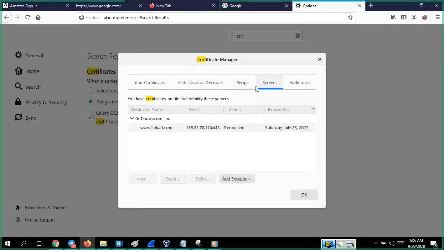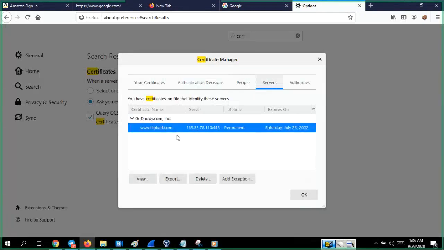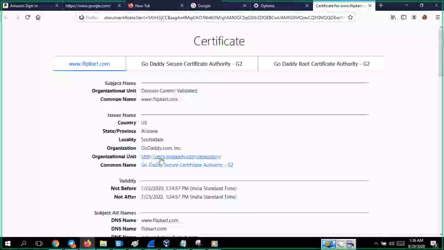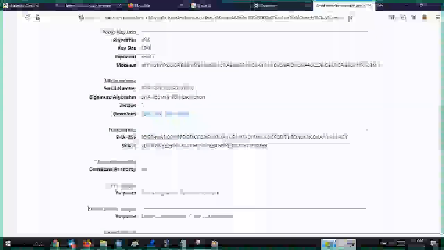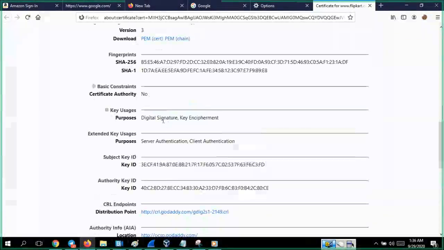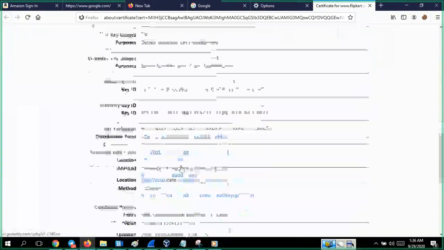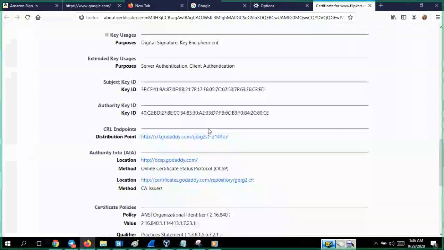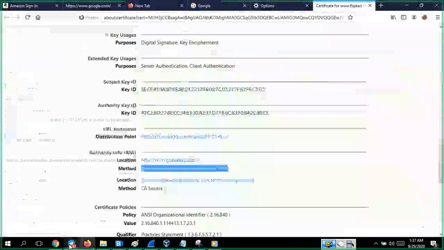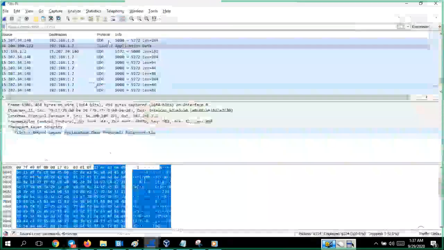See this Flipkart is there. I want to view it. Who has given the certificate for them? Let us see. Certificate authority, nothing is there. Digitally signed, sensitive object. So GoDaddy has given the certificate authority. This is authority info, Online Certificate Status, OCSP. Even if you have HTTP or HTTPS, this will be coming at the time of the